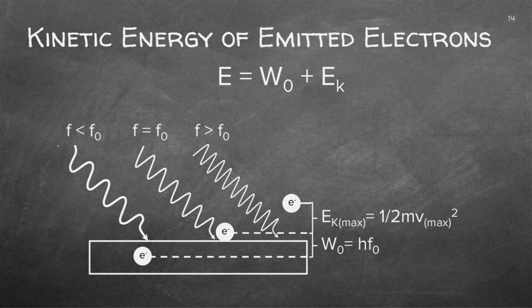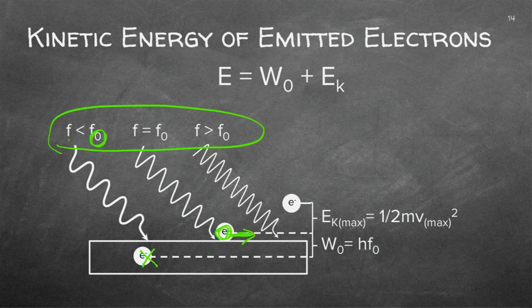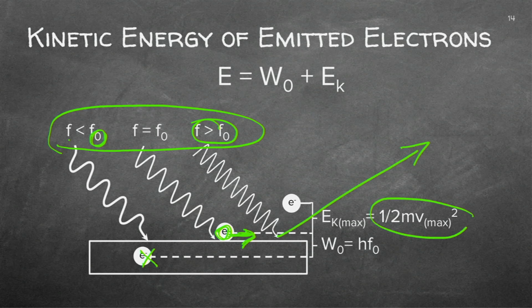Going back to an abbreviated way of putting it, if the frequency coming in is smaller than the threshold, that's what we call it, the threshold, there will be no electrons emitted. If it's equal, it won't be emitted, it will just get transition of that energy. But if it's higher than that threshold, you'll actually see an electron emitted. And see now that it has kinetic energy. So there's nothing happening if the threshold frequency is equal to the